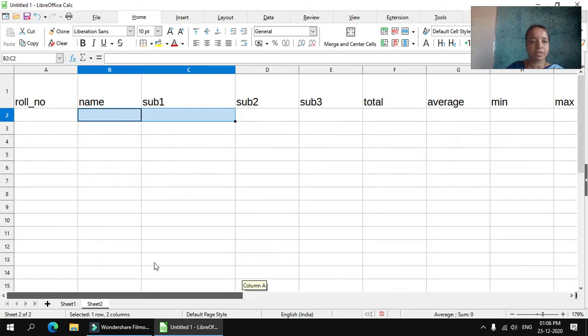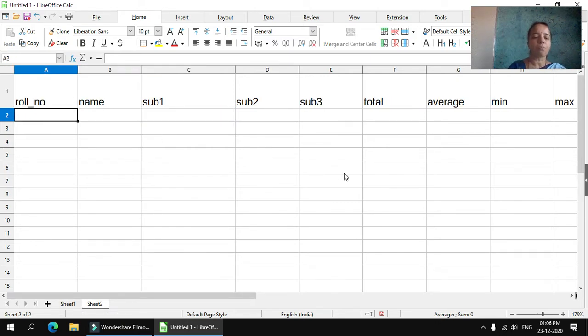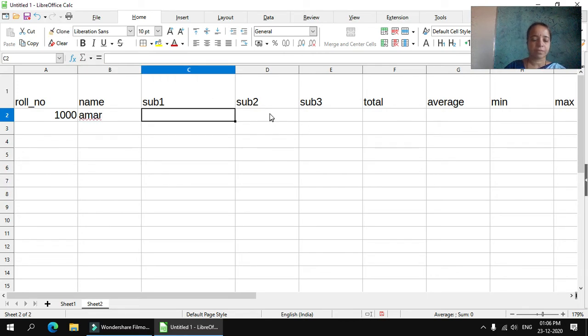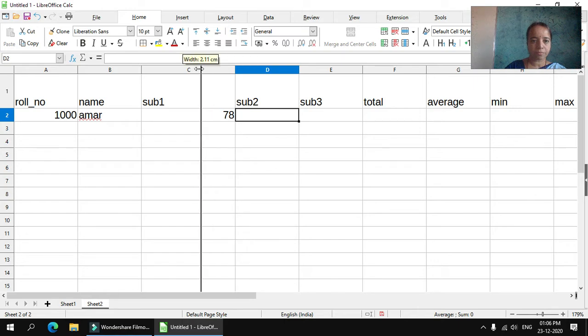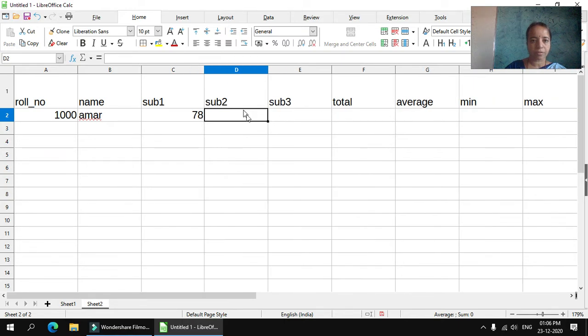You can type the data here. Roll number, name, subject 1 marks are something, okay, subject 2 marks, subject 3 marks.